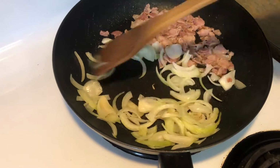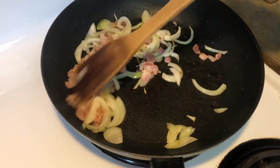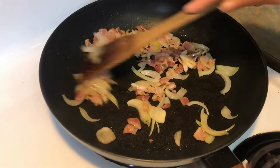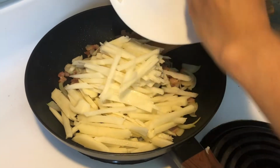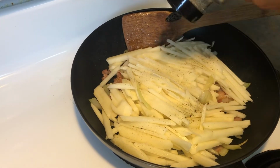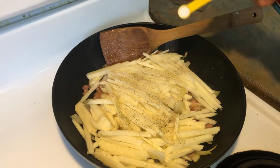Back to the onion and the bacon. I'll cook a little bit more until golden brown first. Okay, I think it's brown enough. So I'm going to add in the potato, put in some pepper, a 1/4 teaspoon of salt,